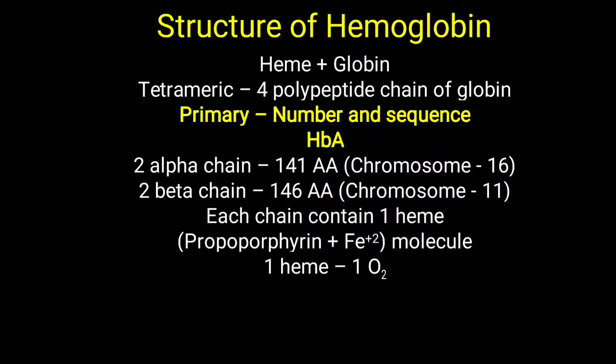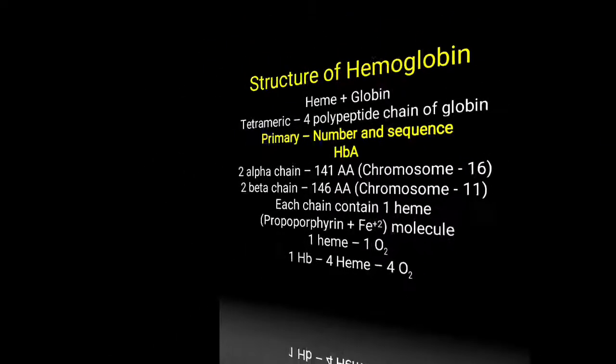One heme is able to attach with one oxygen molecule, and that finally gives an idea about the hemoglobin. One hemoglobin molecule contains 4 globin chains, each globin chain contains a heme residue, so a total of 4 heme residues. So one hemoglobin can finally transport about 4 oxygen molecules. So 4 oxygens can be transported with the help of one molecule of hemoglobin.